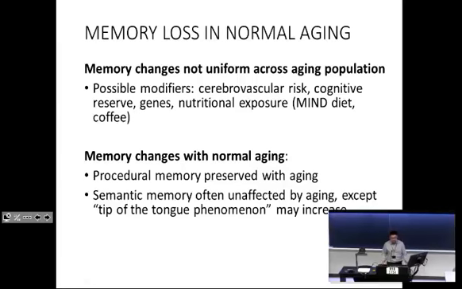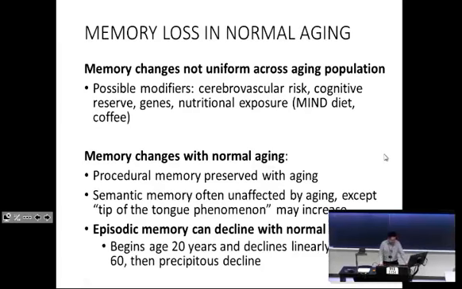So remember that our cognitive peak is in our 20s and 30s, and after that it goes downhill. So things to look forward to when you guys are junior attendings. Episodic memory can decline with normal aging. And remember again that there is a precipitous drop-off at around 60. It's one of the reasons why people come to their family docs or to the memory clinic in their 50s and 60s, and they're really worried because maybe they have a family history of Alzheimer's or something similar, and they're wondering whether or not their episodic memory problems are related to this.